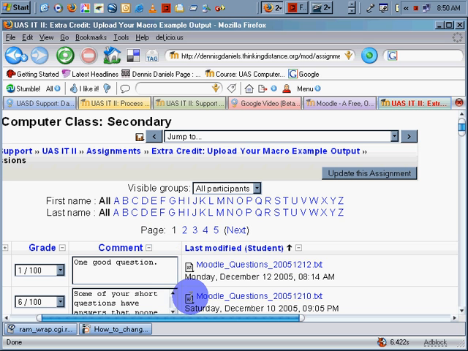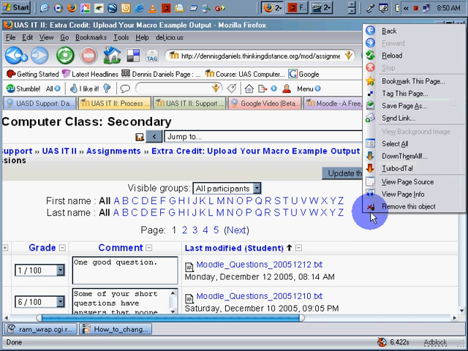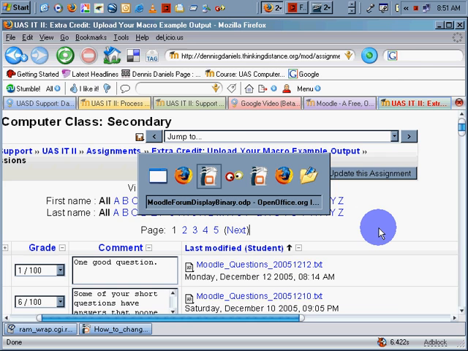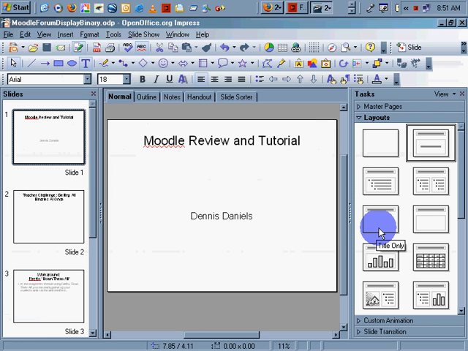There's no interface telling me how many of these documents have been uploaded, and there's no way for me to know how many papers have been graded easily. But that said, I want to show you how I use Firefox to speed up my grading and review process. Let's take a look at screen